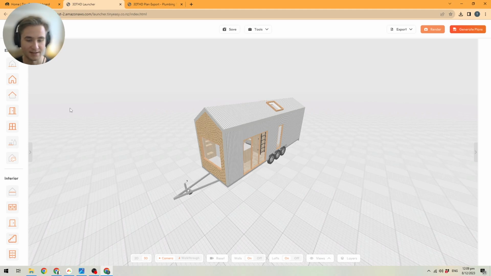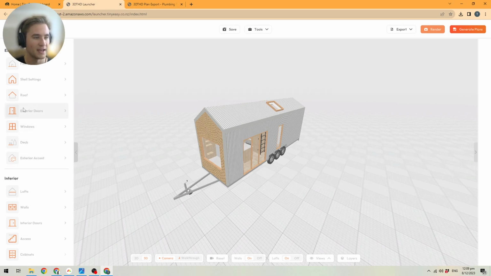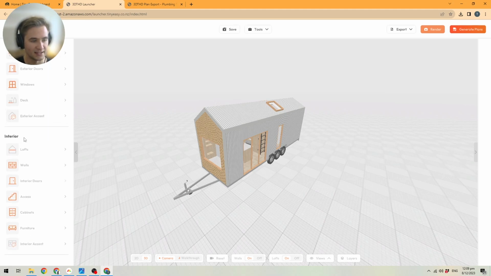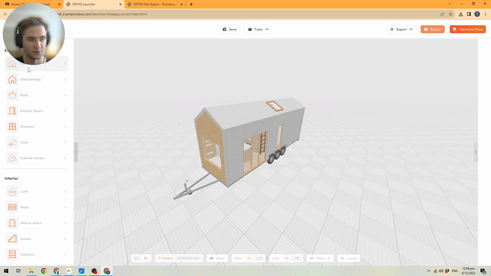The next thing is that we actually have a new scalable UI. So what you'll see here, we have these two bars here on the side, which is my library bar that you would already know. But what we can do now, we can collapse it and we can expand it. And what you'll also see are those text hints here. And it just makes it a little bit easier for you to find where everything is and what each tool does. And we've also separated the exterior, interior and technical tools, so it's easier to navigate to what you need